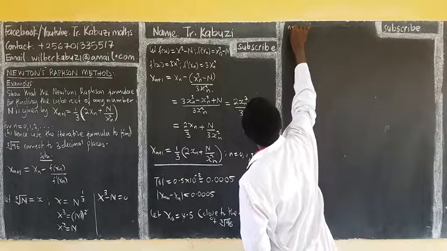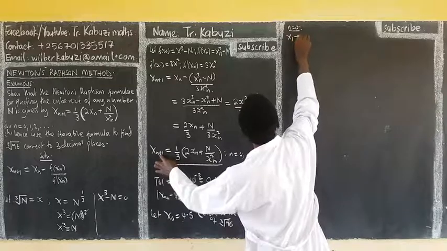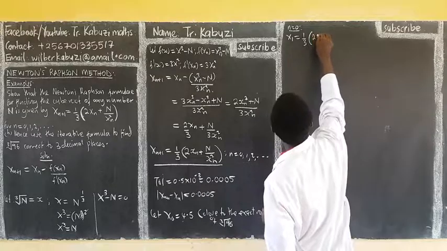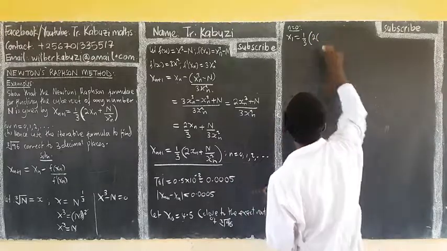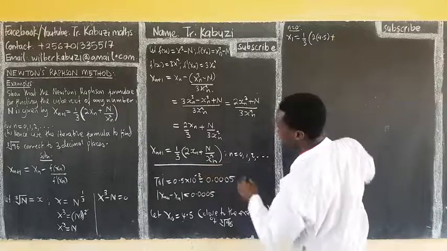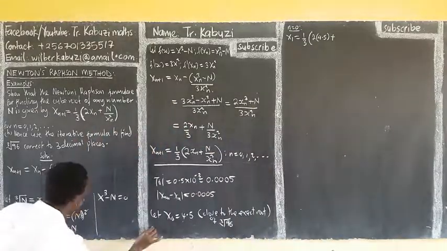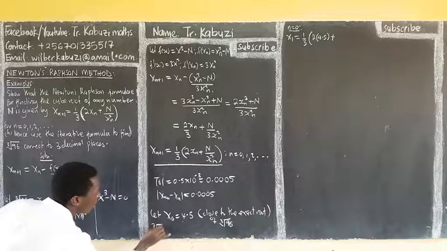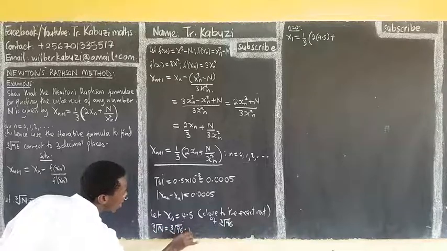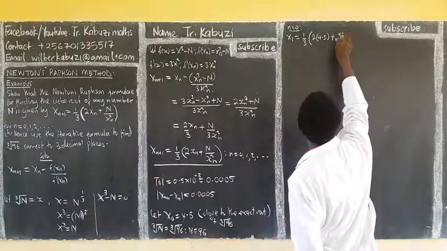So when n is equal to 0, the initial root is x naught, and x1 is equal to a third into 2 into x naught. Now our x naught, we are taking 4.5, then plus, if we compare our n with the cube root of 96, our n is 96. So my n is going to be 96 over